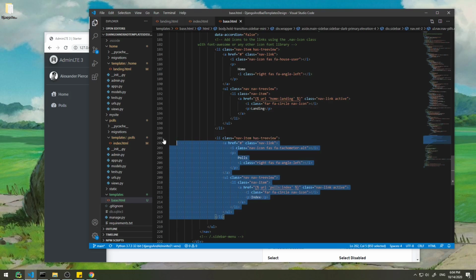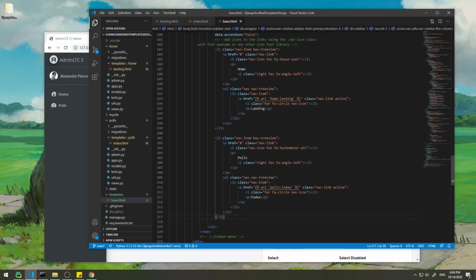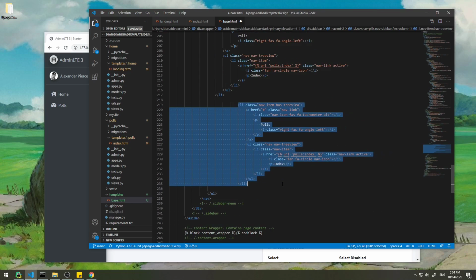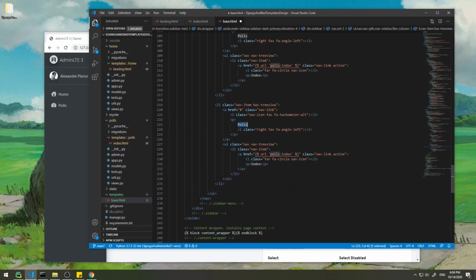So I will just copy and paste the post menu and rename it dashboard. Let's say this is dashboard 1,